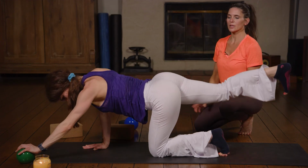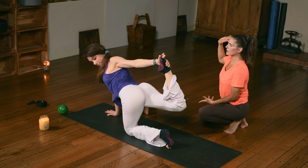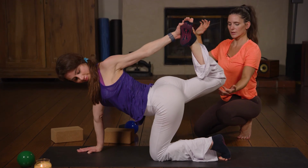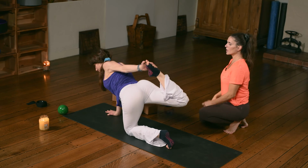Bend that knee. Catch that foot. Roll it open. Close your eyes. Work your way through the kick back, the pull on it. The right leg gets a little higher. Yeah, we're still kicking. We're on the ball of that left foot. 4, 3. We're going to use the ball of that left foot to find your down dog with a high